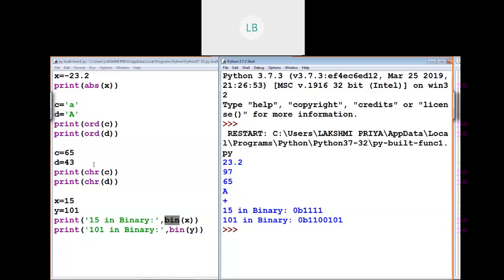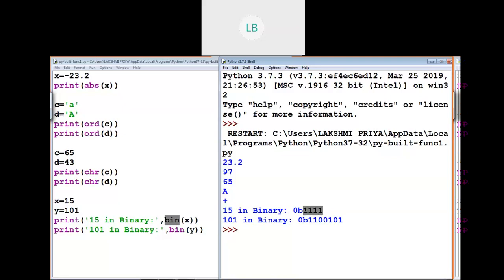And the next one, c equal to 65, d equal to 43. We have used the character function, which takes the ASCII value as the argument and gives the result like a plus as the Unicode character. And for 15, we have binary number 1111 as the binary number for 15.